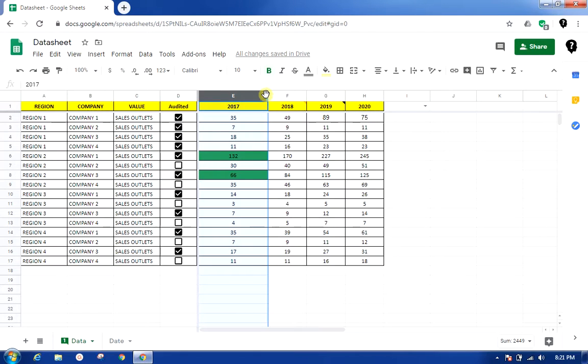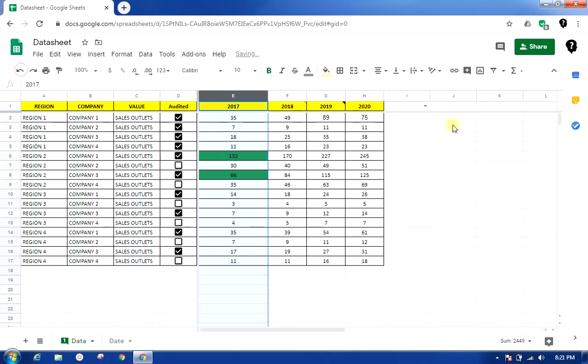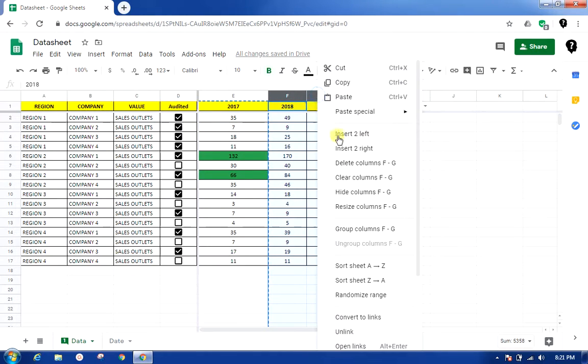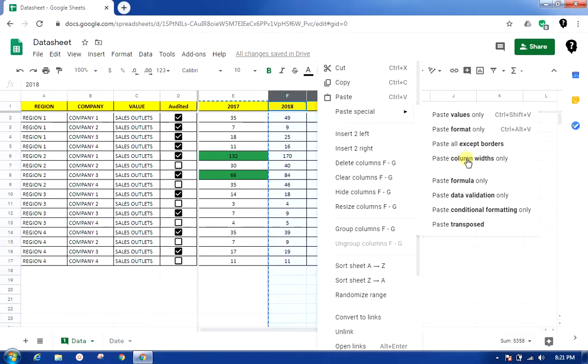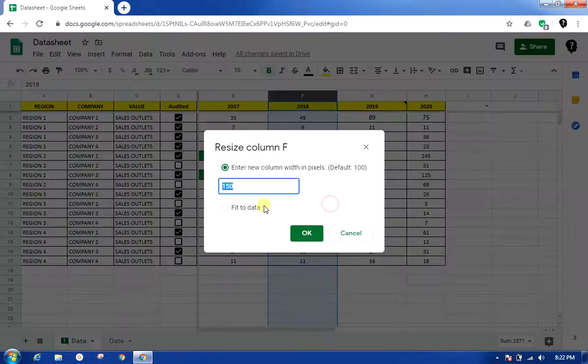Okay, what if I have many such columns and just want to resize all the rest? So I simply copy this data, select whichever column I want to resize, and while right clicking, paste special, I'll say column width only. Okay, now if you look at the column width here, I get 158.